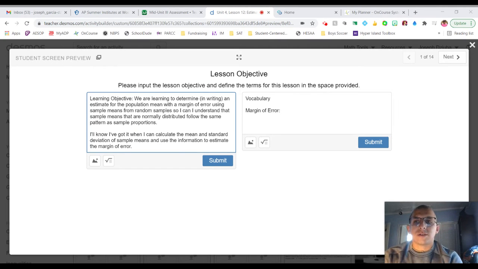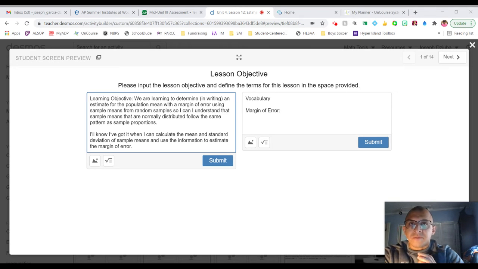All right, scholars, we're going to pick up with the back end of our statistical journey. Today, we are going to determine an estimate for the population mean with a margin of error using sample means from random samples. So I can understand that sample means that are normally distributed follow the same pattern as sample